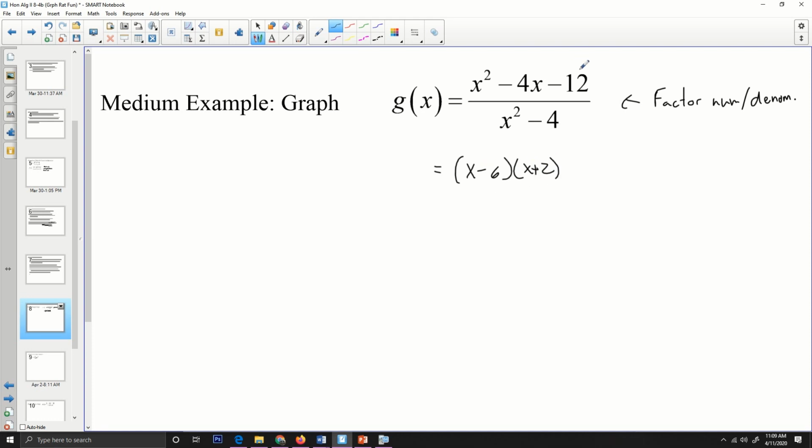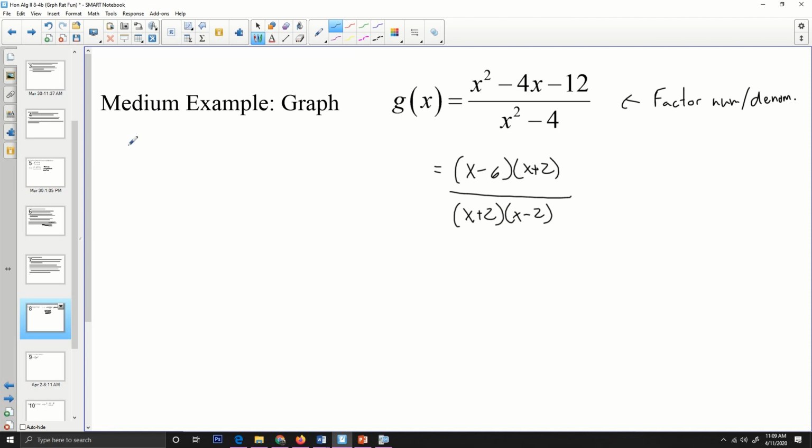-6 times +2 gives me the -12, and then x times -6 is -6x, and then x times 2 is +2x, with the -6x gives me the -4x there. And then this is clearly a difference of squares, so x plus 2 times x minus 2. And so we could have something similar to what we had in that last example where I was trying to illustrate the difference between a hole and a